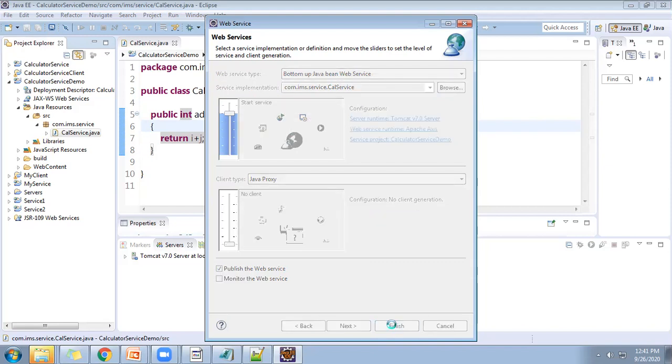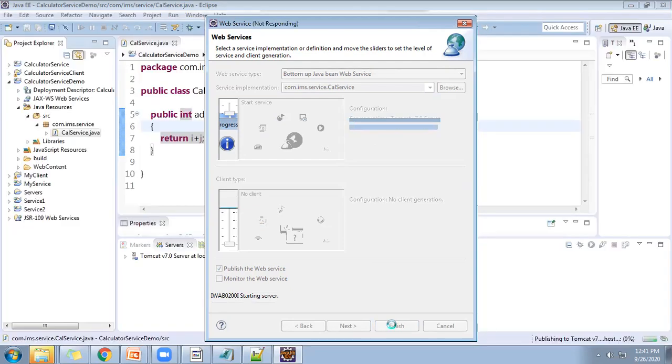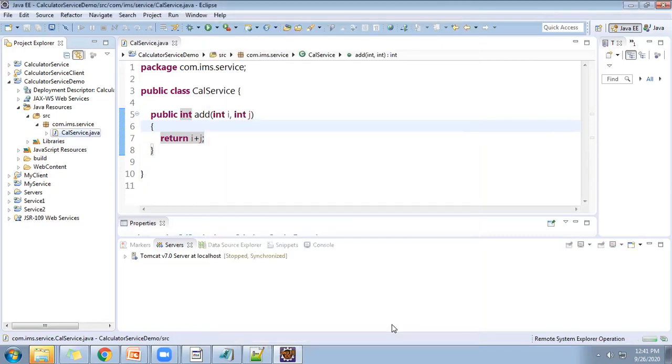So the web service is again created, and after creating the web service, the existing dynamic web project file is again updated. Some additional web service files and jar files are again added. The WSDL file is again added when we convert a normal class into a web service. So let us see the procedure.